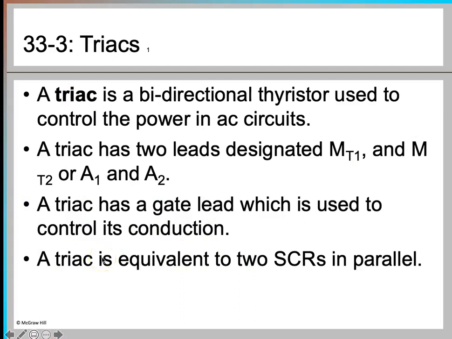Triac is a bidirectional thyristor which is used to control the power in AC circuits. A triac has two leads designated by name MT1 and MT2, or you can say anode 1 (A1) and anode 2 (A2). And triac can conduct in either direction. It has a gate lead which is used to control its conduction, and a triac is equivalent to two SCRs